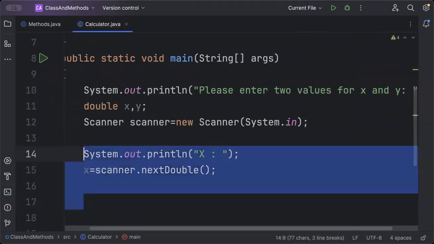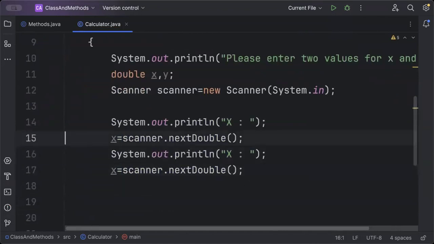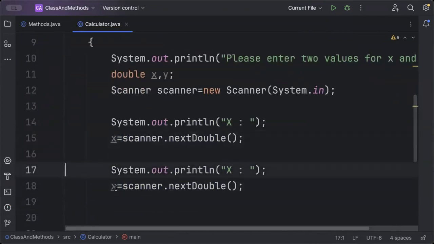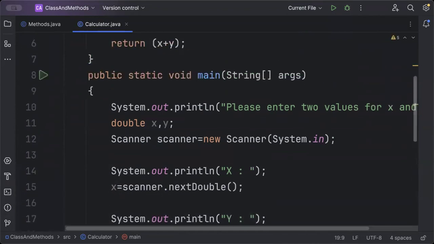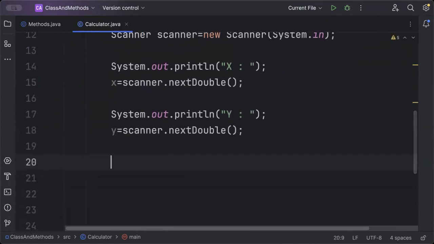And now we may copy this and paste this. If you try to keep the x the same here, it's going to replace the value. So I'm going to say y. So now the receiving is done at the main side. Now the logic is we have to